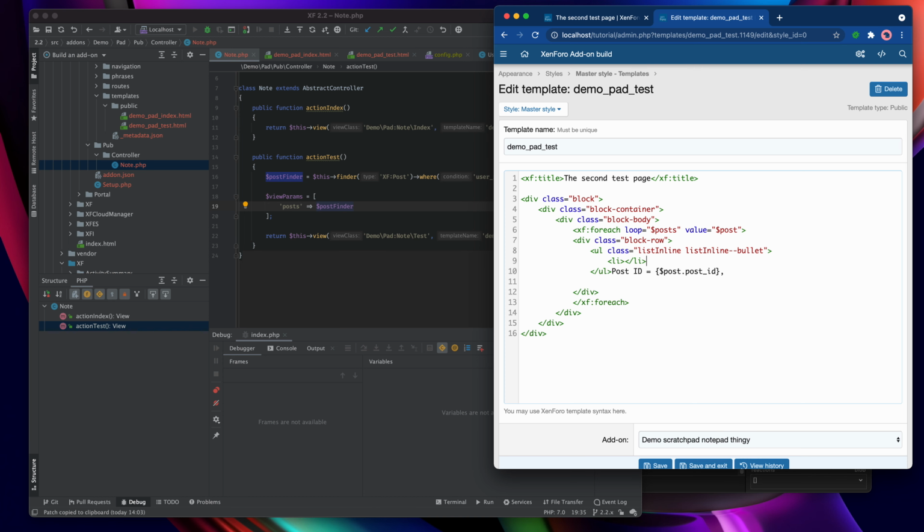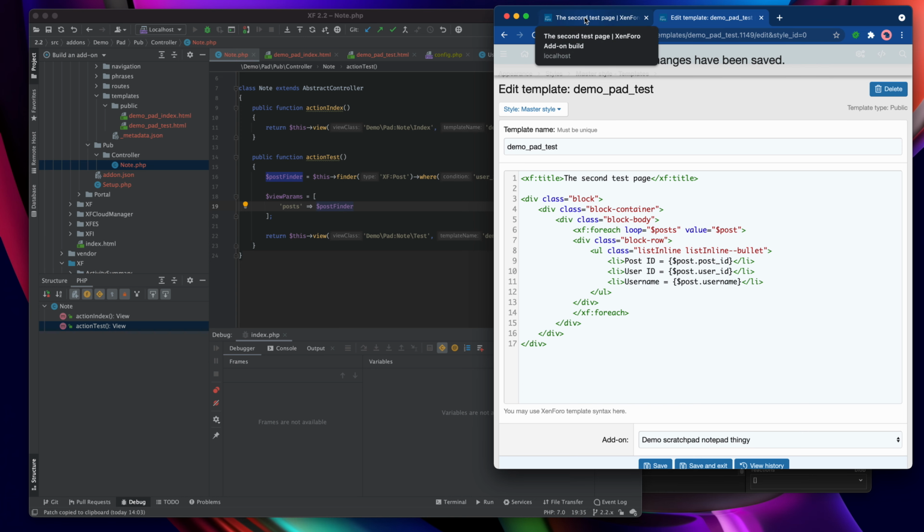And then we can take this, and this will probably work very, very badly indeed because I've probably forgotten the syntax, but hopefully it will at least be recognizable. And then we've got a user ID. Now at the moment we're only using the data that is in the actual post table. It's the basic stuff from the user table and therefore from the post table and therefore in the post entity. And I think I was going to use username, wasn't it? Username equals post.username.